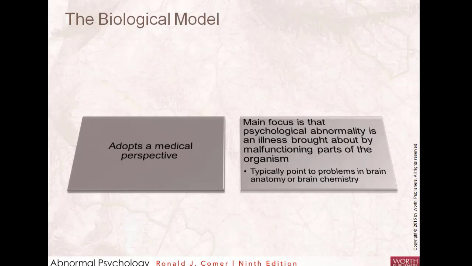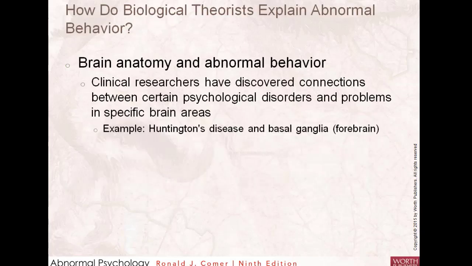So when a person has the flu, or when a person has cancer, we would say there's a dysfunction in the body. Well, the biological model would say that generalized anxiety disorder and depression and schizophrenia happen because there's a dysfunction somewhere in the body, which typically we look to the brain, although there could be other parts of the body involved, but typically looking to the brain, potentially brain anatomy or brain chemistry. So talking about brain anatomy briefly here,